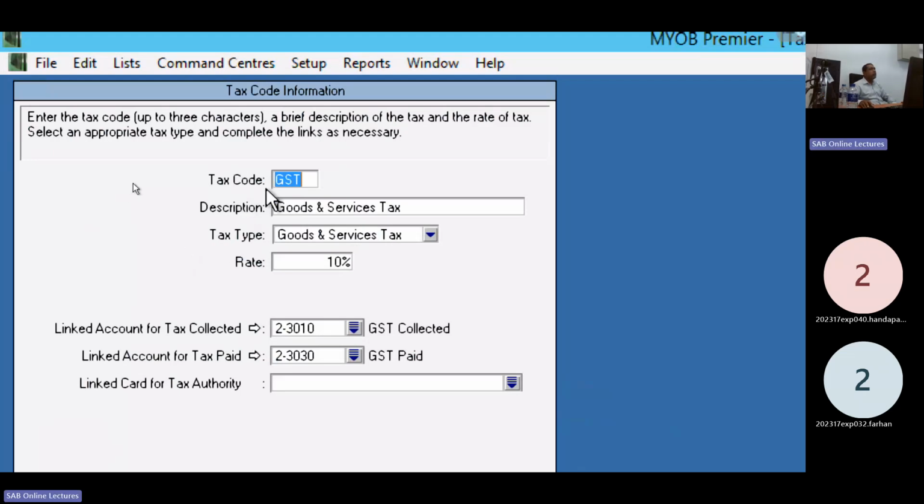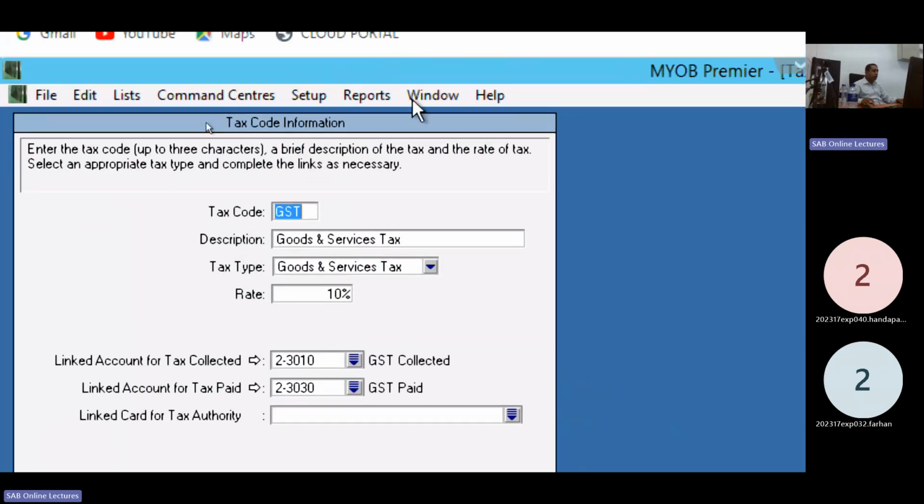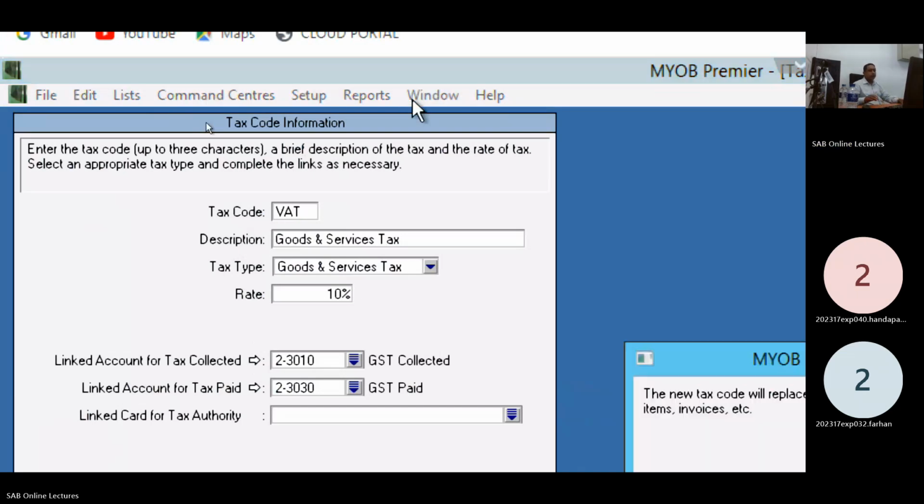Now the tax code GST, change the tax code to VAT, value added tax. Okay, press the tab button.